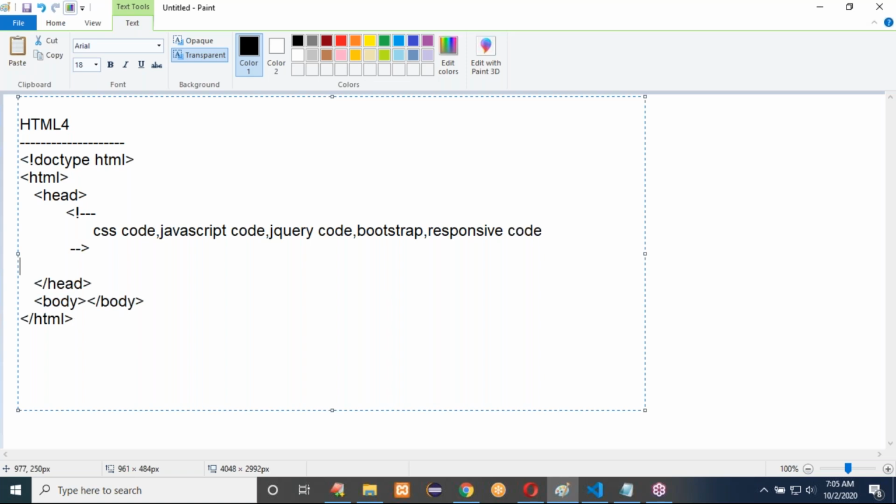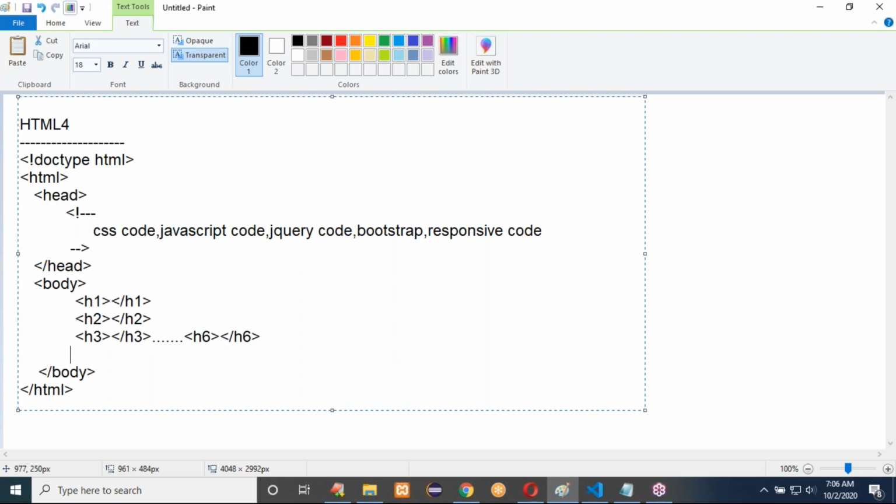Next one is inside the body. Here is my body. Under this body, we discussed the H1 tag. The H1 tag will show you a bigger size font. And the H2 tag, H3 tag, like that we can write H1 to H6 tags. I'm writing here an H2 tag, so you can display the output like H2 output. In the same way we can also write an H3 tag. Font size will decrease depending on H1 to H6. Like that we can write H6 tags. So font size will change for different types of headings.